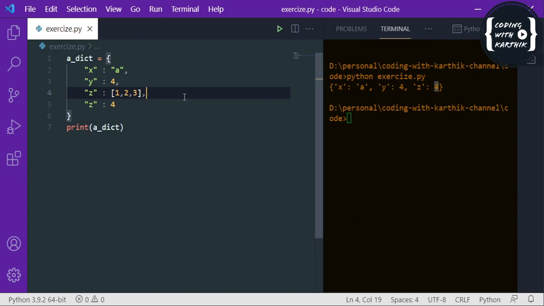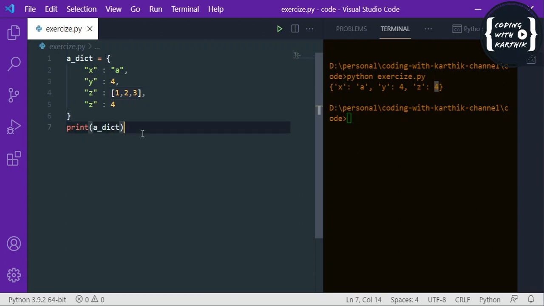Okay, and the next thing is it is changeable. Changeable in the sense that we can change the items in the dictionary. So by that we can say it is changeable. So finally we can say a dictionary is ordered, changeable, and one more thing, it does not hold duplicate members, right? So this is how a dictionary works.